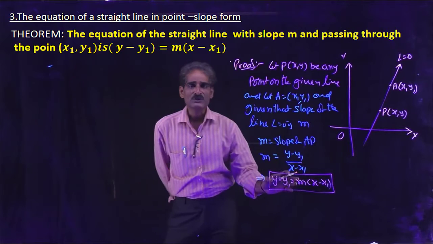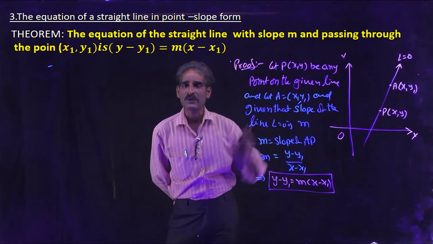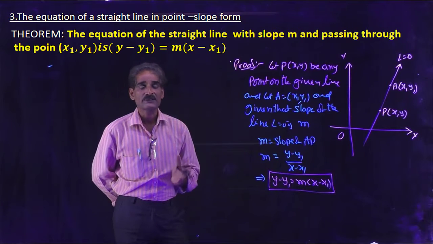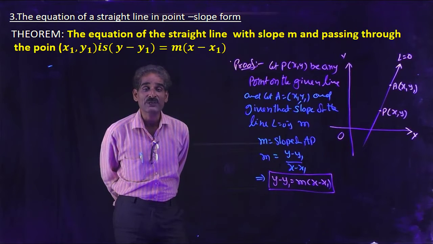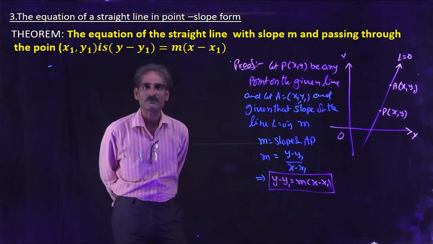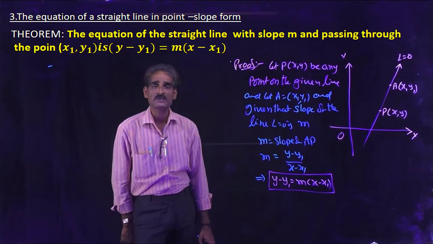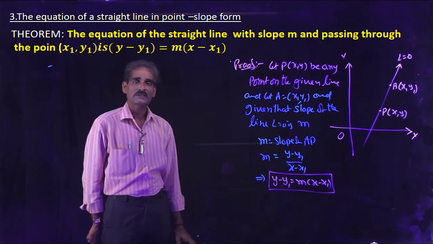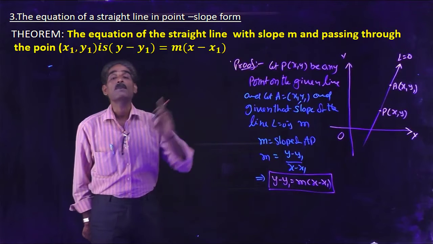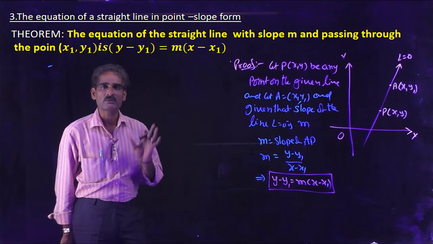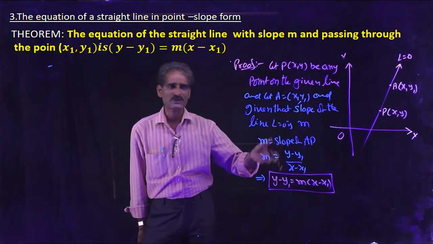This is the simplest form. If you know the slope of the line m and a point (x1, y1) on the line, then we can find the equation of the line with the help of this formula. This is a very important formula. y minus y1 equal to m into x minus x1 represents the equation of the line which has slope m and passes through point (x1, y1). That's it, right? Okay, so just one or two applications on this concept.